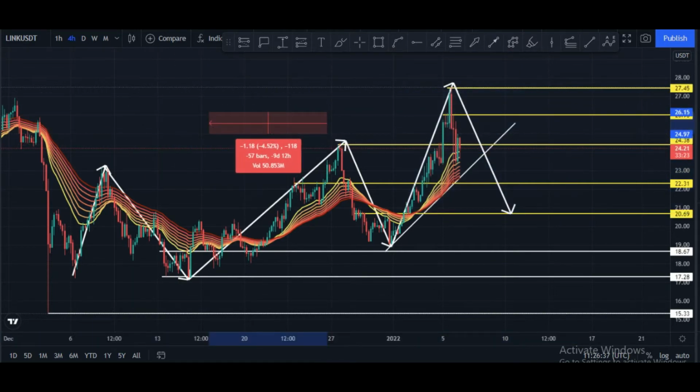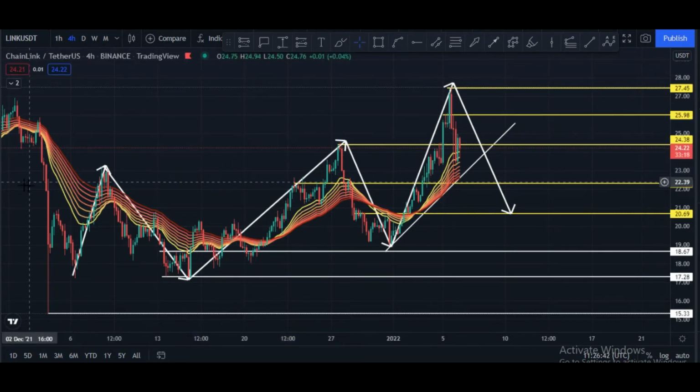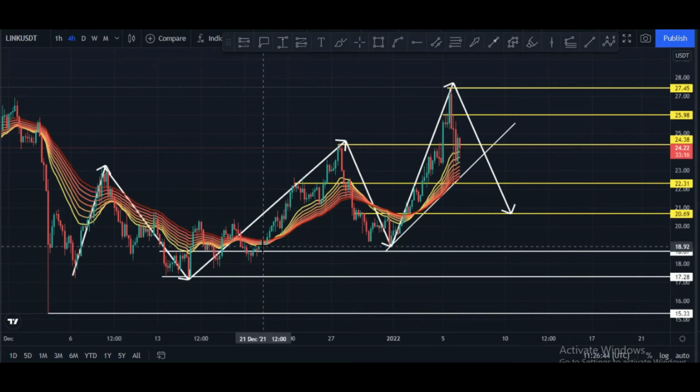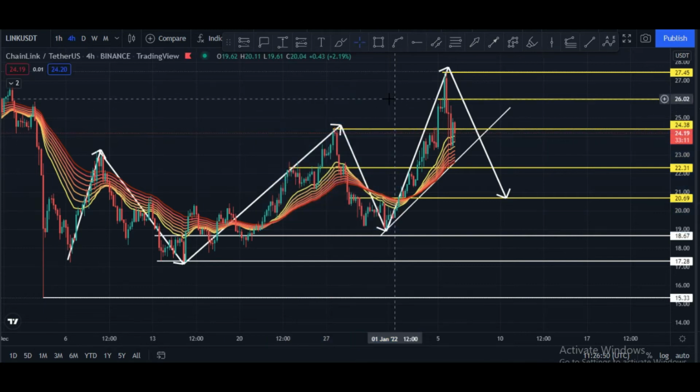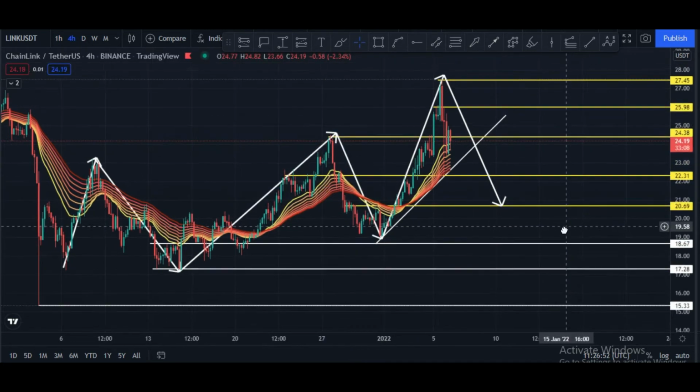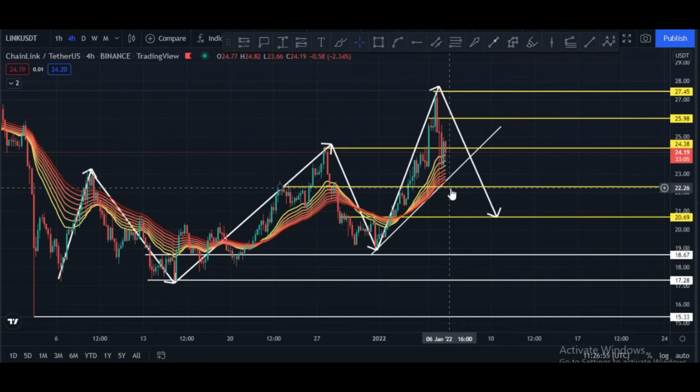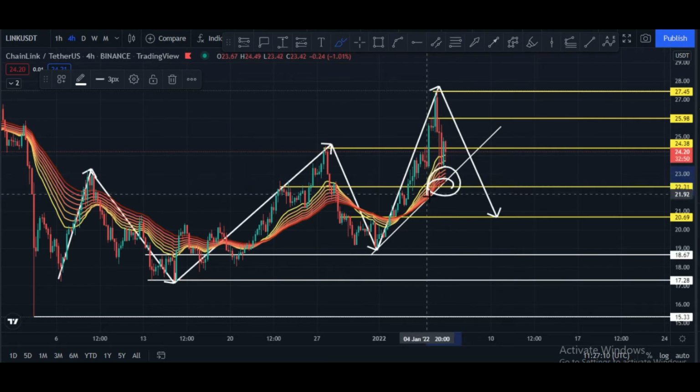And let me please delete this, and here you can see price move towards the upside, and after that we see a move of 28%. This EMA ribbon is very important to hold. If price break this area, here you can see this area is very important. That is why I am asking that this area is very important to hold. $22 price zone, because of this trend line, because of this major support line, and because of this EMA ribbon. That is why this area is very important to hold.